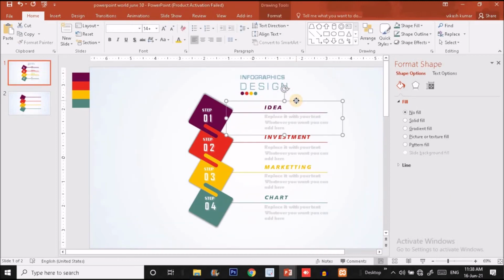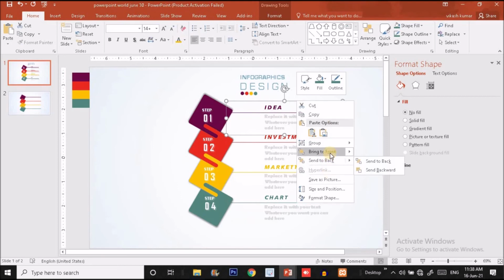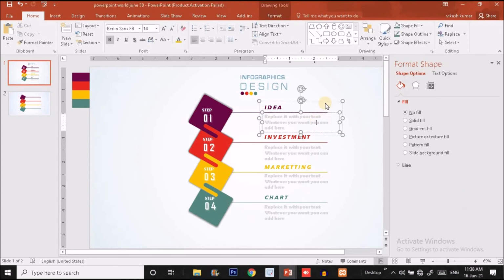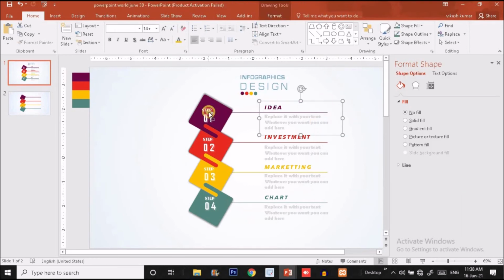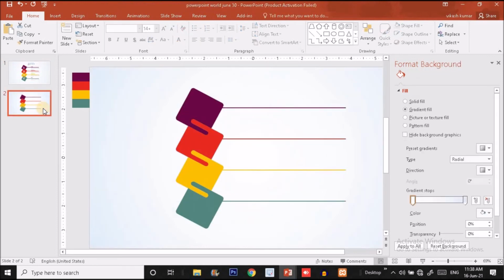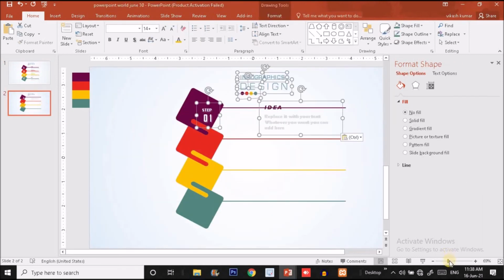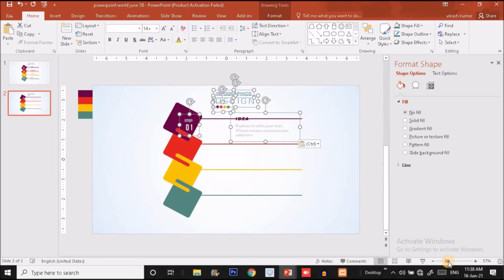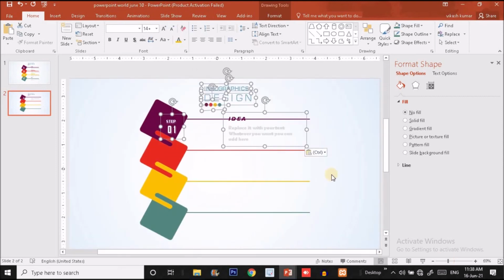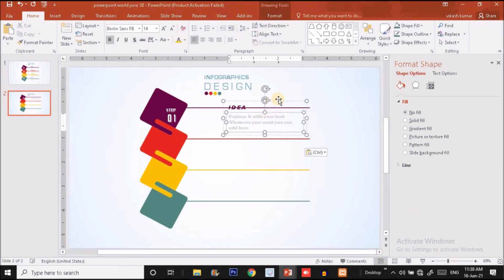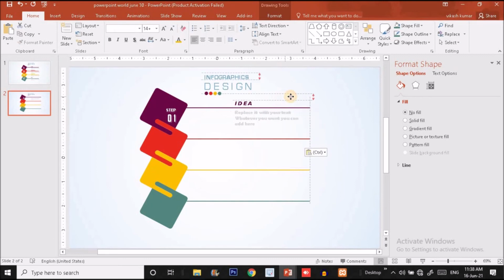Click on the next slide, and I will copy all this text from the previous slide. Okay. So let me select the text from the previous slide. I'm going to select this group, and this group. Press Ctrl C and put it here by pressing Ctrl V on the keyboard. Okay. Now you just have to put this over here like this.